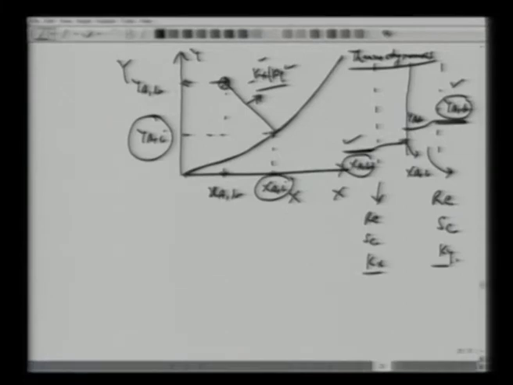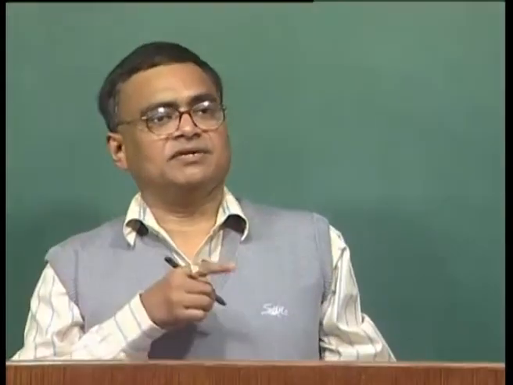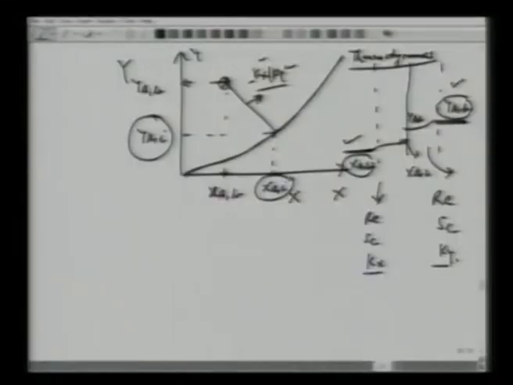All we have done is represent the same statement, that under steady state diffusion, the flux in the 2 phases is the same, and it can be represented in terms of the 4 concentrations: 2 bulk concentrations and 2 interface concentrations, one in the 1st phase and the other in the 2nd phase. If we equate the 2 rates, we get what we have shown here graphically, the concentrations YAB, XAB and YAI and XAI. So we have marked the coordinates, and we can plot this curve.